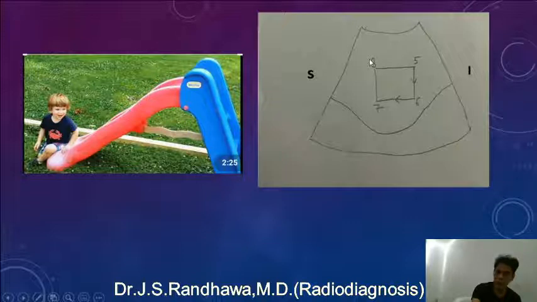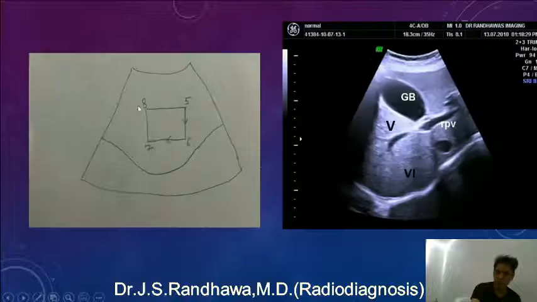Now we'll show you in the ultrasound images how they are represented. Let us go on to this. Again we go. So 5 and 6, what does it mean? This one, this is the inferior section, because we can see the gallbladder, and inferiorly we know we have segment number 5 and 6 of the right lobe. So 5 is here, anterior, up is anterior. So this is 5, and then down is the 6th one. So we have been able to make out 5 and 6, which are right lobe inferior segments.